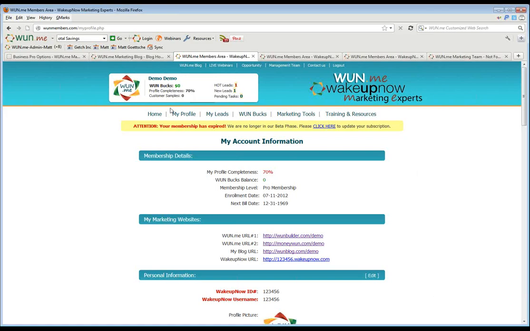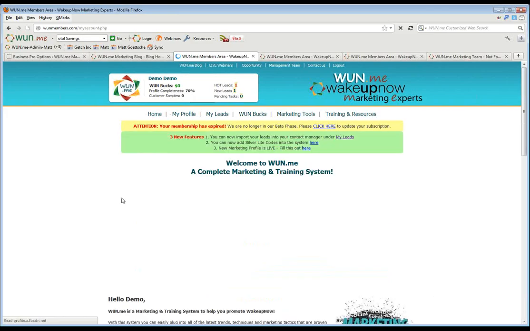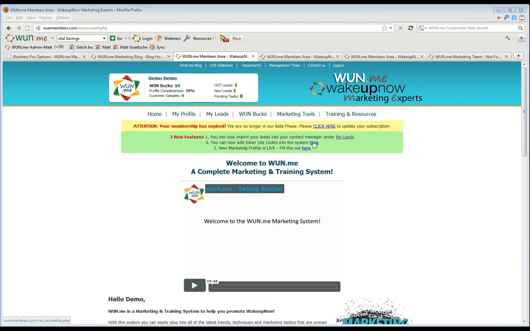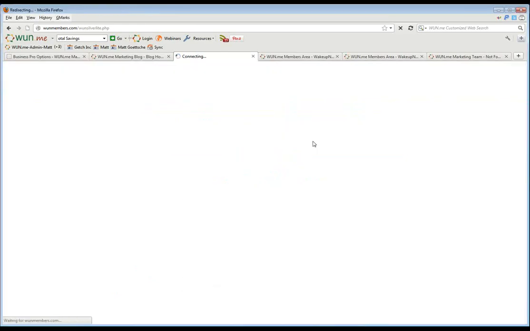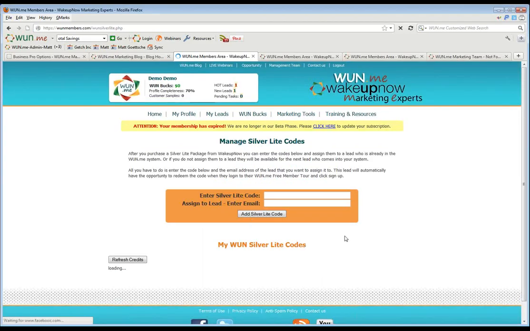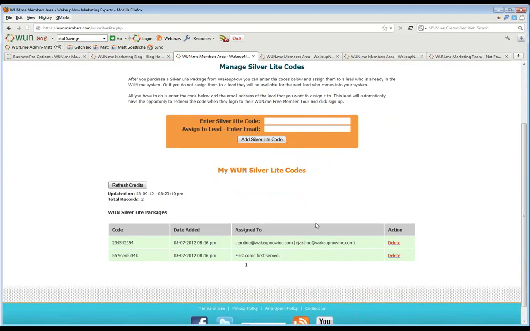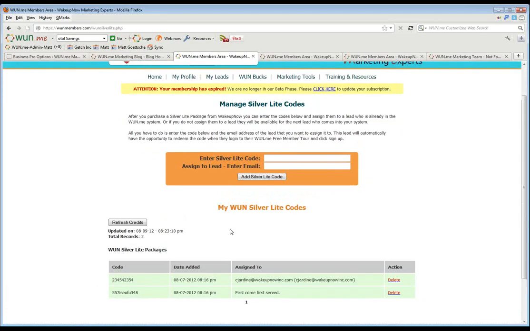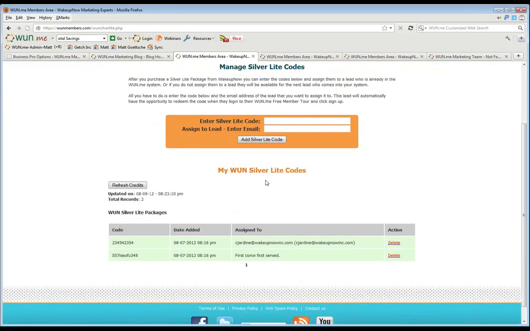And actually, I'm going to show you that as well. The way that you get to that is if you click on your home page and you click on the Silver Light codes, which is the second one, you're going to see all of the codes that you've put into the system. So as you give them away, you're going to see them taken from your total. And then when you don't have any more,